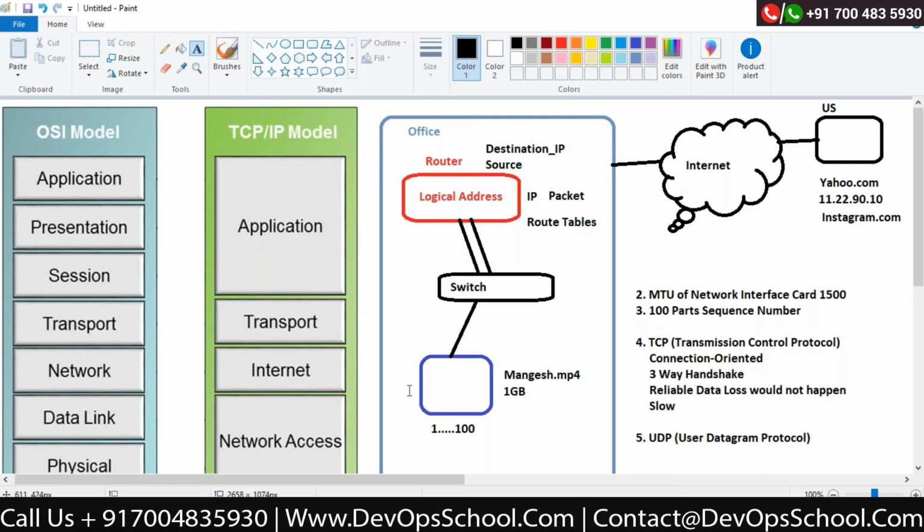He will send a hello packet to Instagram.com. Only hello, it does not contain any data. He knows that 100 parts and 100 sequence numbers are there, but he will not send the actual data. First he will create a connection, because it's connection oriented. He will send a hello packet to Instagram, then Instagram will also send a reply back to your computer saying hello.